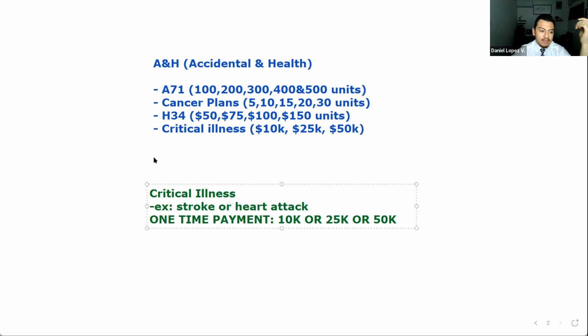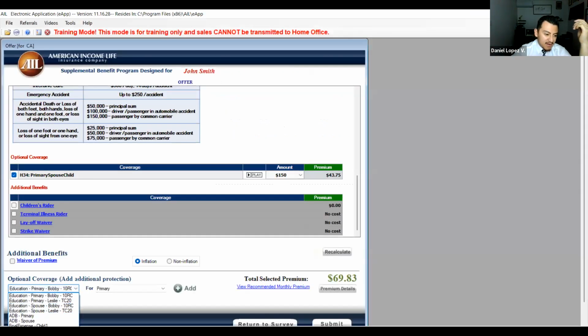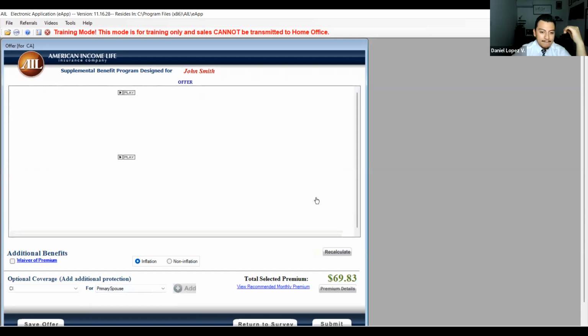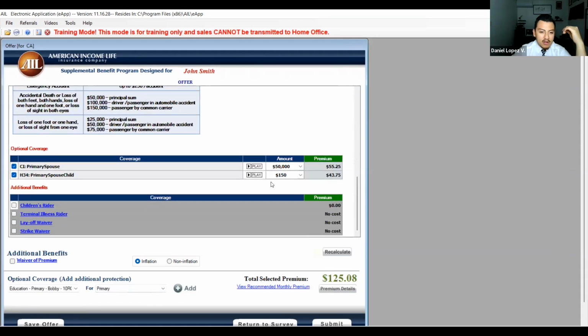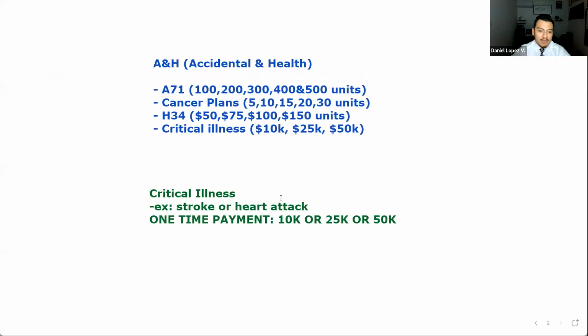So let's look at it here. CI right here, critical illness. It's only for adults, by the way, no kids. Primary and spouse. Critical illness. See, 50,000, 25,000, or 10,000. For husband and wife, because these people are in their 40s, it costs $55 for both of them together. For example, I think I'm paying like $10 for the highest one because I got it when I was like 21. And it's worth it. I mean, $10 is like going to McDonald's and getting a meal. Okay. So it's very affordable.